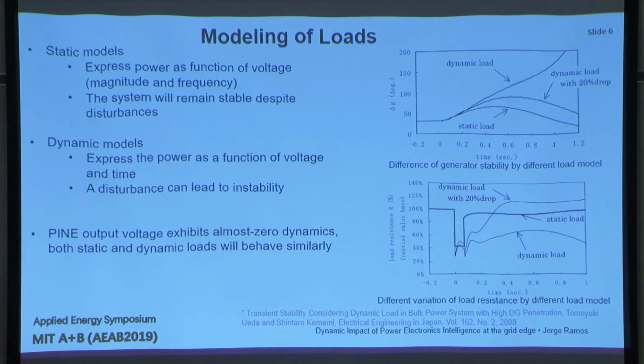The modeling of loads is essential for voltage stability studies. It's basically grouped in two main categories: static and dynamic models. The static models express power as a function of voltage, and the dynamic models express power as a function of voltage and time. To show the difference, we have here two figures from this paper,